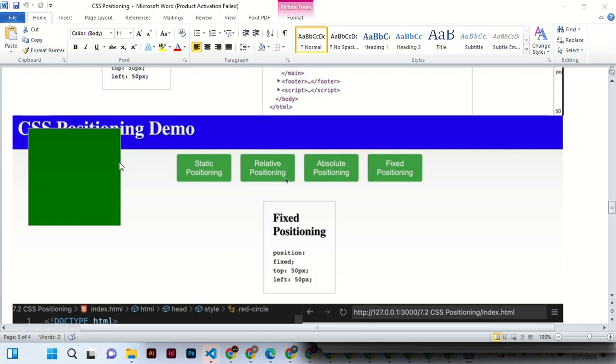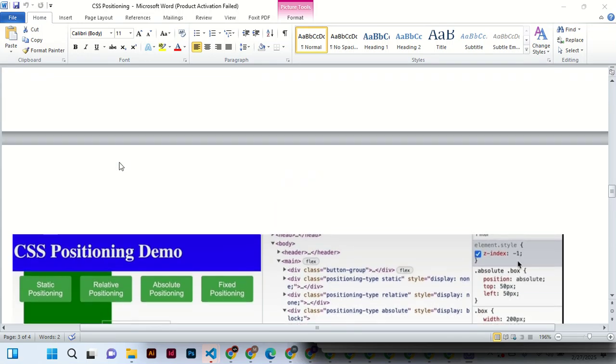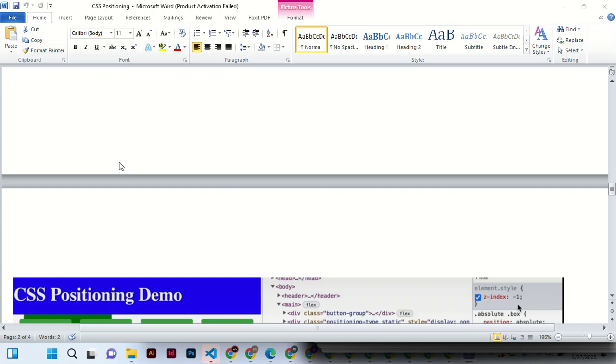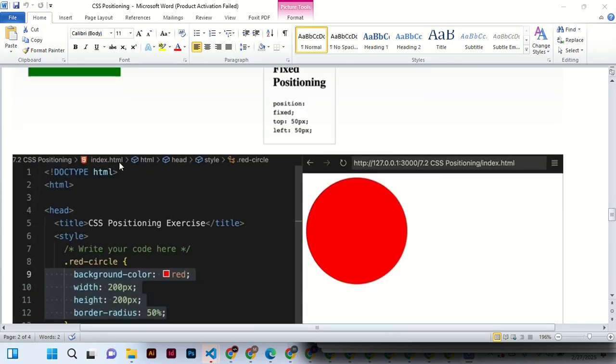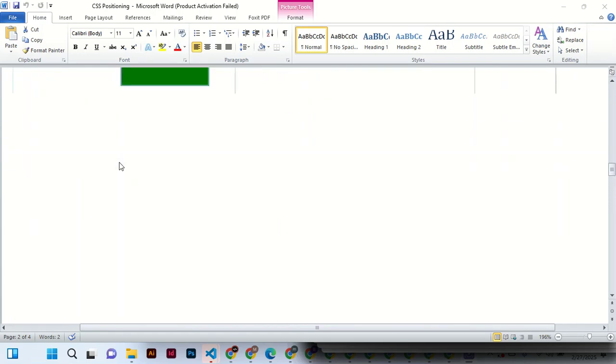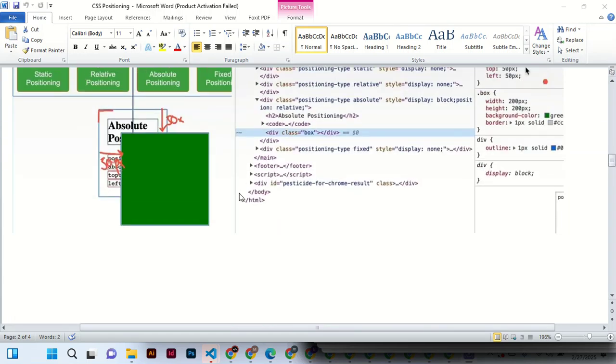Na ile iko na -1, -2, -10 ndio iko farthest from your eyes. So that is the principle of z-index. And then the 0, it is where everything is normal. So with that